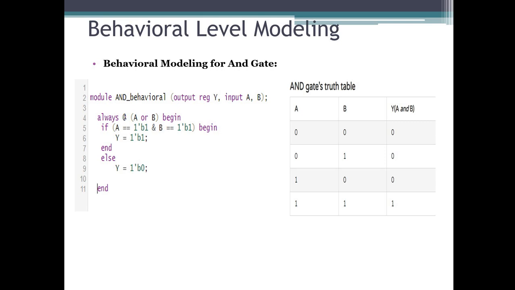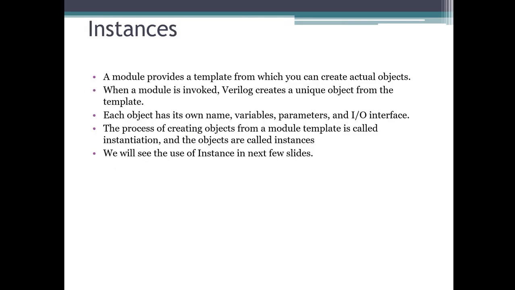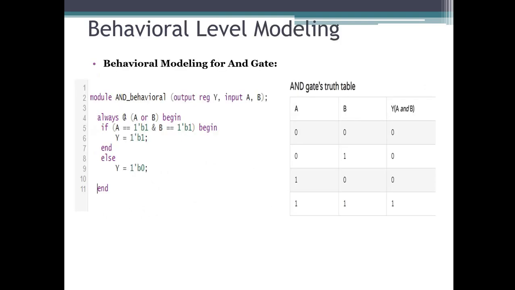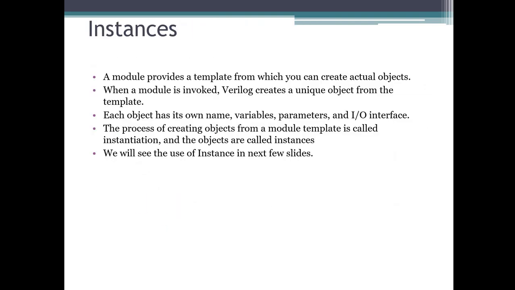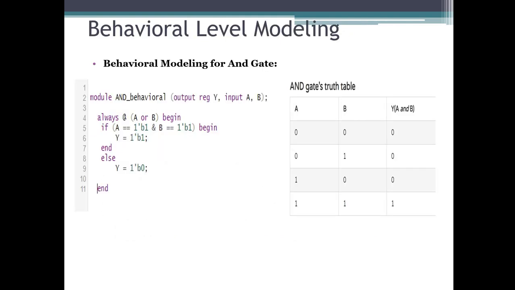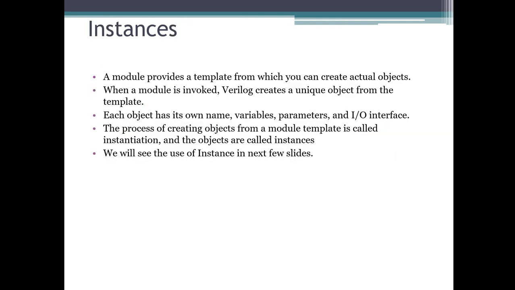I think this session is going too long, so I would like to keep it simple here. In a later part, in a different video, we are going to see what an instance is, what the components of simulation and the design are, and how you can write them. For the time being, if you want to understand how to write code for an AND gate and how you can test it, you can watch my previous video. But I would like to keep it simple here, and later on we can discuss upcoming topics.